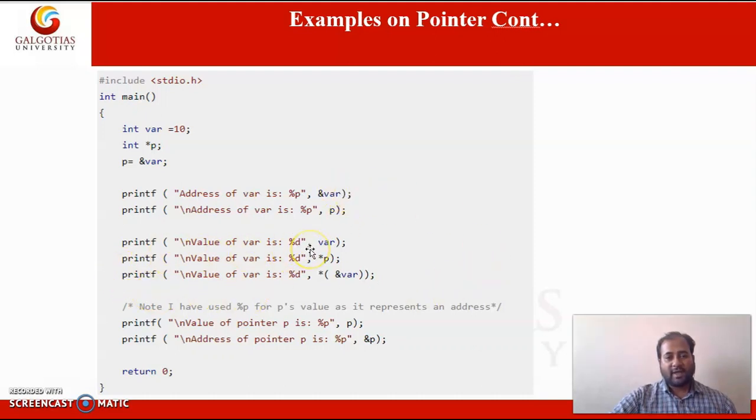In the next statement we are printing the value of the variable using the variable var, and in the next statement we are accessing the value of that variable using the star operator, and in the next statement again we are accessing the value by using star and ampersand.